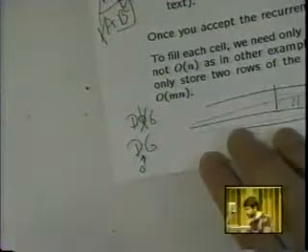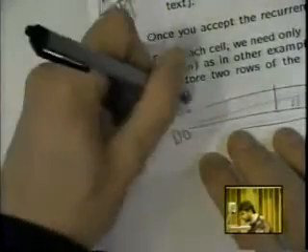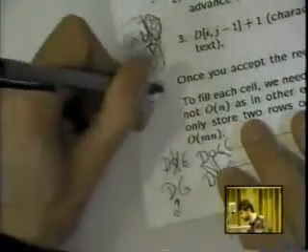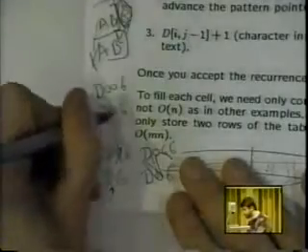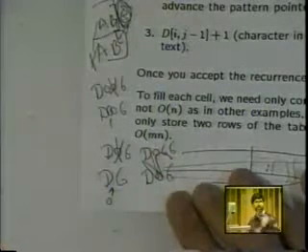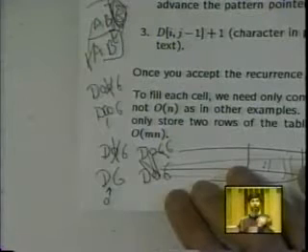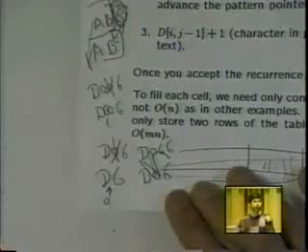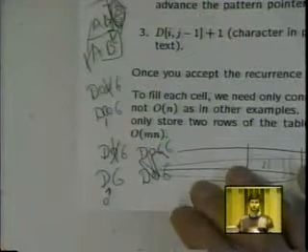Likewise, suppose I have D-O-O-G and I want to match that to dog. Here's my dictionary word. I could edit my dictionary word to insert an O, or I could edit my real word to delete the O. It's the same thing. They're inverse operations, but they're different operations. You can think of it as adding and deleting from one, or adding to one and deleting from the other. There are different ways of thinking about it.